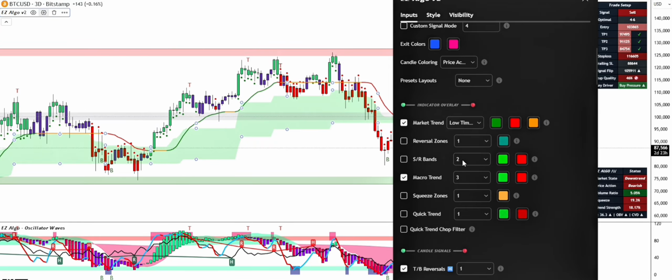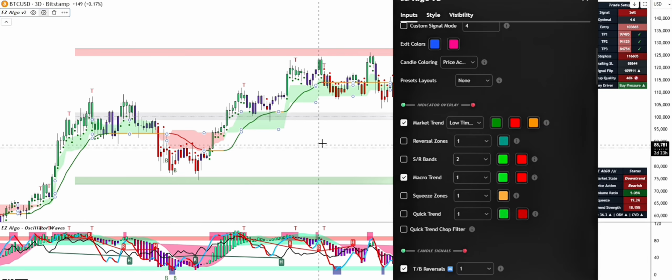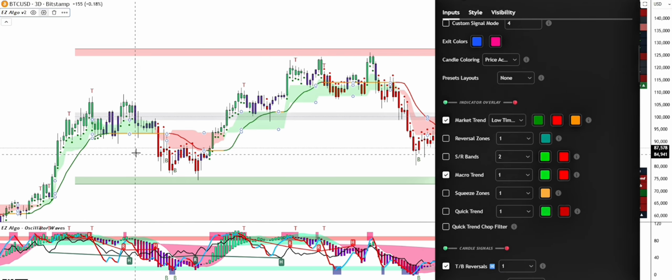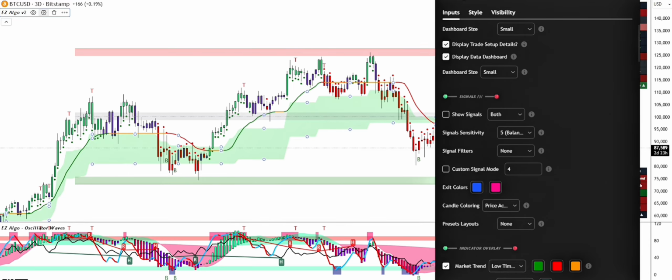Now, our market trend line, which is our preset, is at 3. If we want something a lot quicker, we might turn it to a 1, right? It all depends on how you want to trade. All depends if you want a much tighter and quicker range, if you're taking quicker trades, or if you don't really care about that and you just want the broader view for your trading. Whatever the case may be, you can easily change these values right here and then have it set